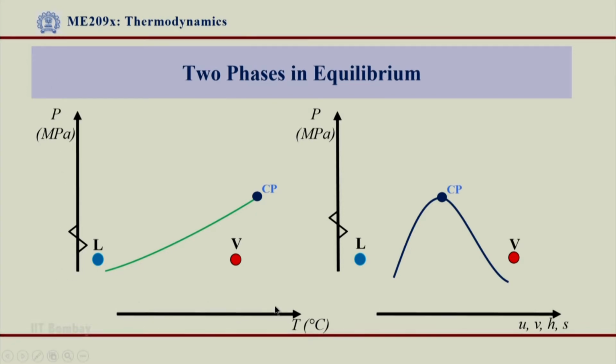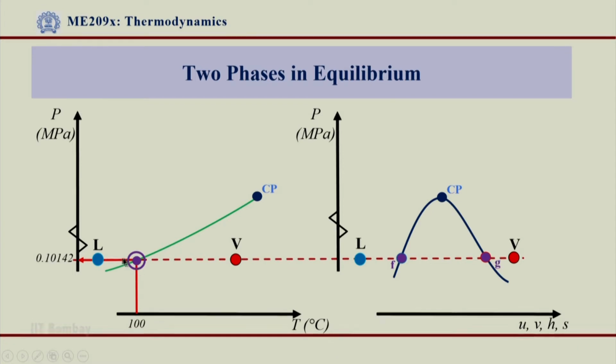So, here on a PT diagram I have shown the first point from where we started, 20 degree centigrade, and the point V. And again on this axis, any property I have taken here on x axis could be U, V, H and S: thermal energy, specific volume, enthalpy or entropy. I can take any of these properties. The point is, because we have taken 1 atmosphere, we can locate 100 degree centigrade, which will lie on this LV saturation line, and the corresponding pressure is 0.10142 MPa, and this was our starting point.